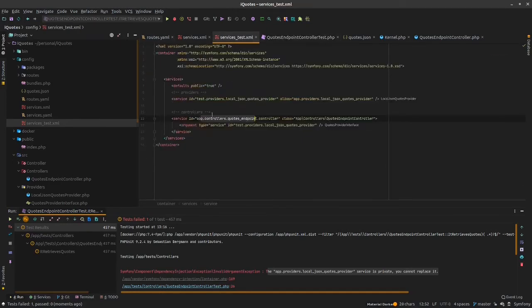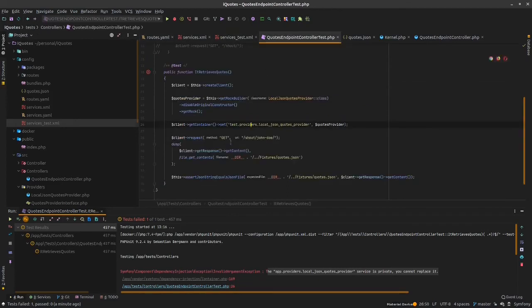Oh, and actually the key point here is, you want this directive, I don't know how to call it, in your XML file, saying that the services you are defining from now on are all public. So as this one is loaded in the kernel after this one, it will replace the existing services and make them public, which means that now you have control over them,